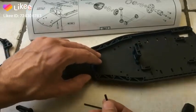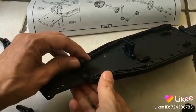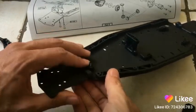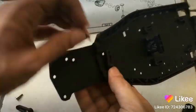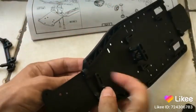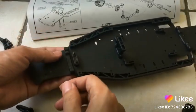Alright, so this is not going to be as simple as it might look. You need to put the big screw through there, then put this on top, and one more screw through there, and through there, like that. But then,